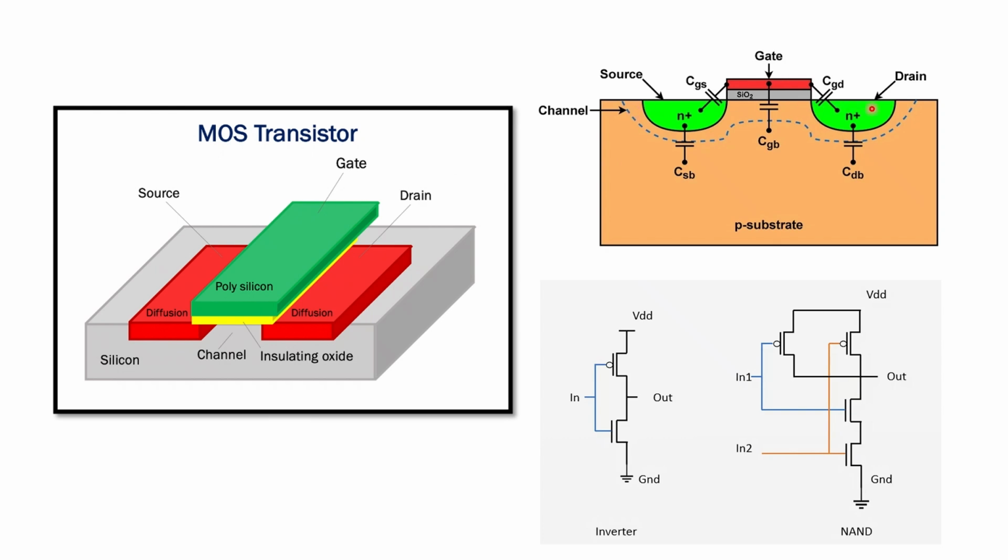The structure of this device looks like this. You have metal, oxide, and semiconductor substrate. The semiconductor has a region called a channel. The gate metal is used to control the conductance of this channel. The current runs between the source and the drain, and this is formed by doping. The MOS transistor is one of the most important